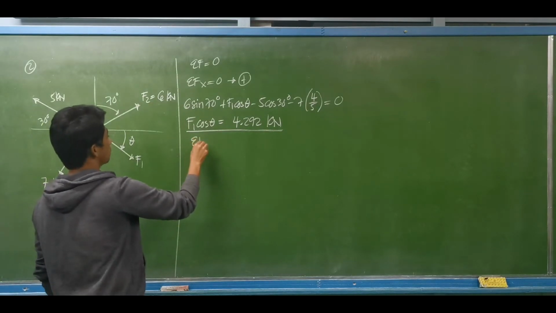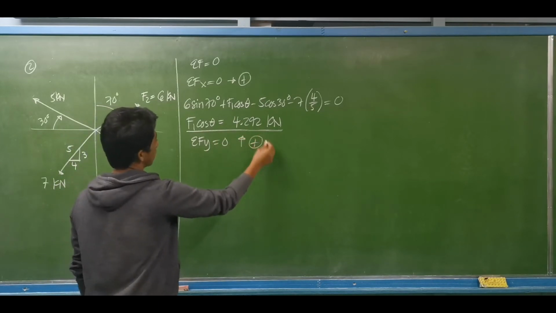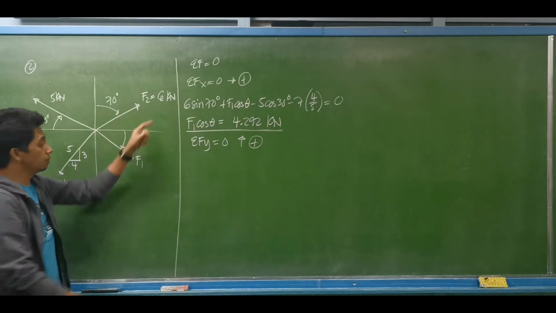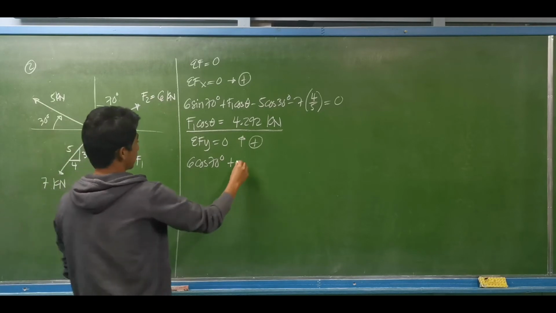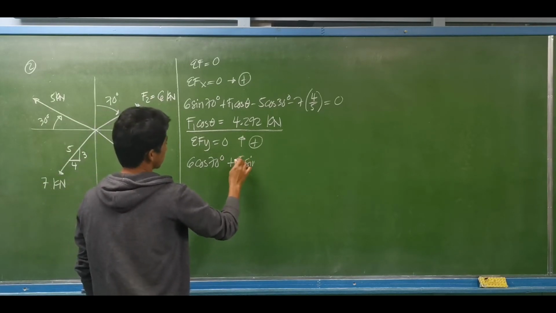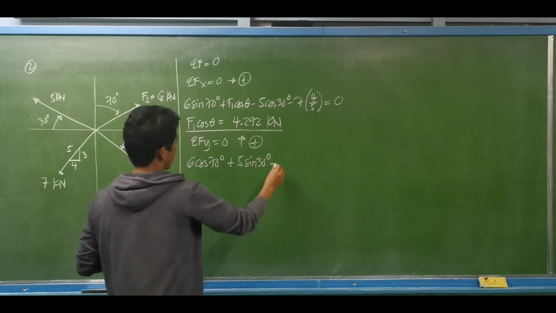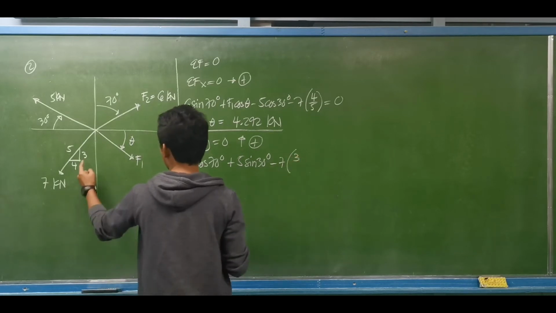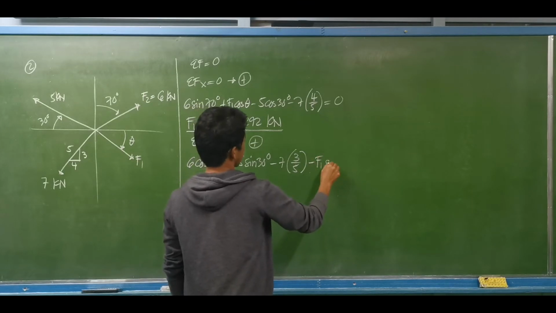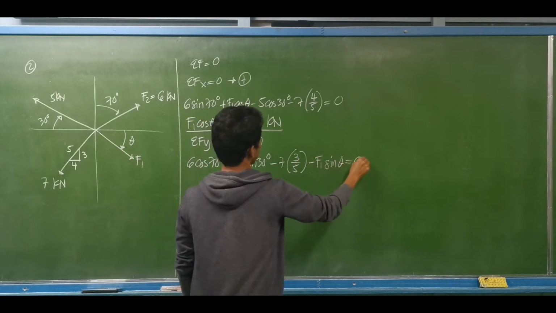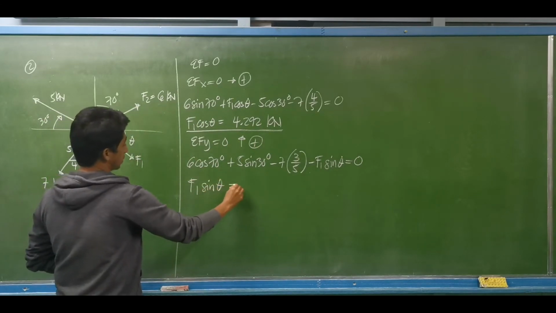Then we have the summation of forces. This is now along y equal to 0. Assume upward forces to be positive. What are the forces with vertical component? We have 6 cosine of 70 degrees plus the 5 kilonewtons sine of 30 degrees minus 7, its vertical component is 3 over 5, minus force number 1 sine of